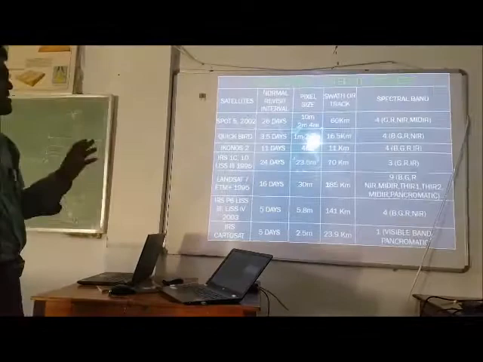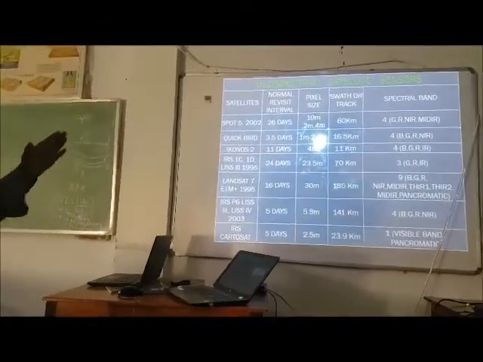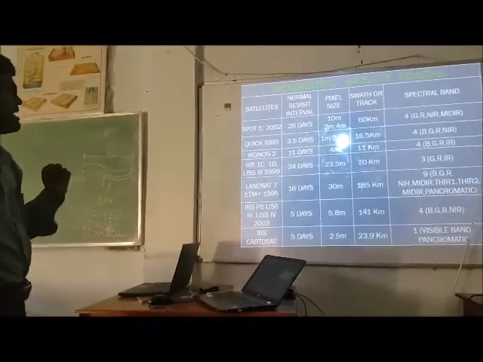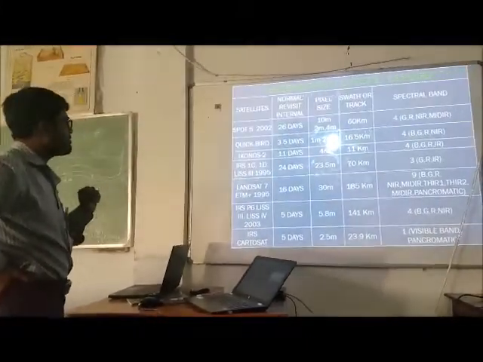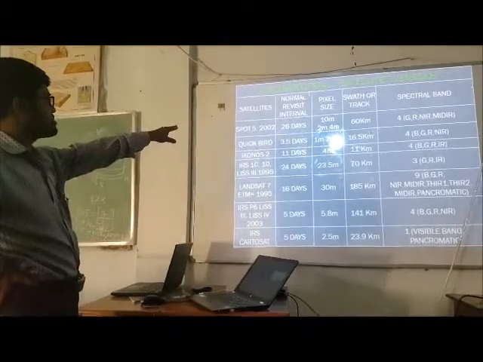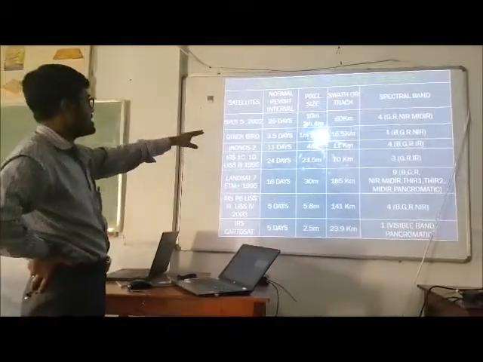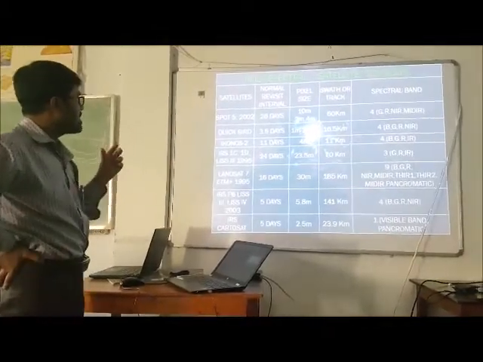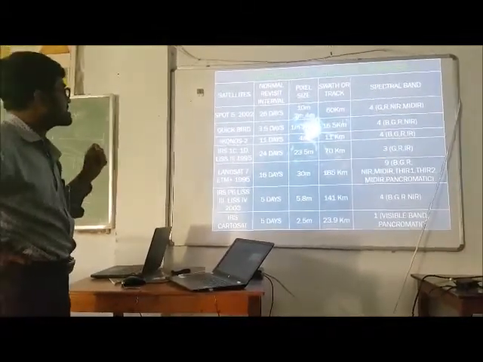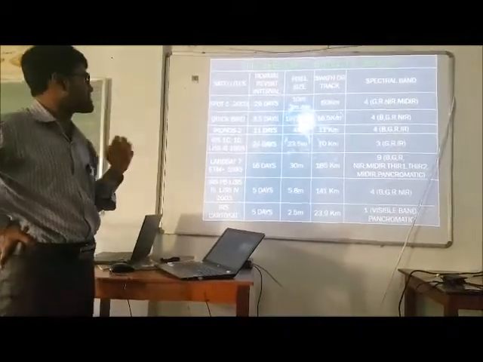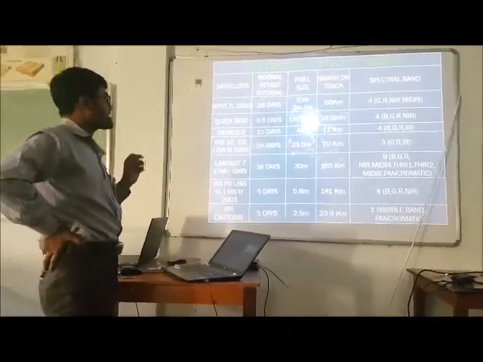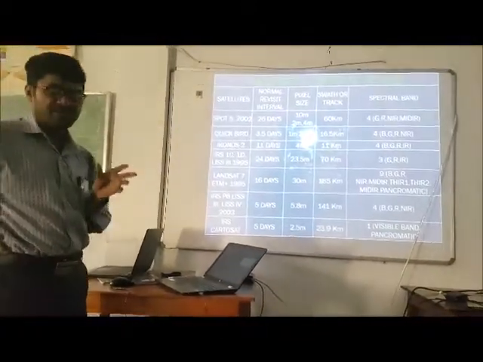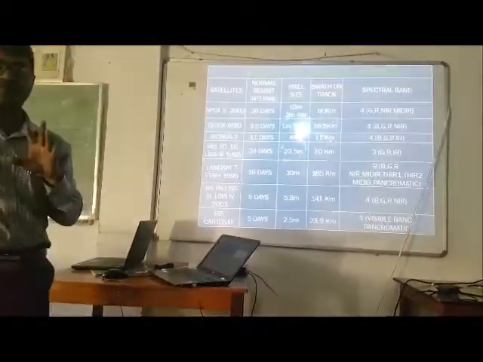These are some common satellite images and their resolution. Here, the first one is SPOT 5. This satellite's temporal resolution, or revisiting interval, is 26 days. Its pixel sizes are 10 meter, 20 meter, 2 meter and 4 meter.